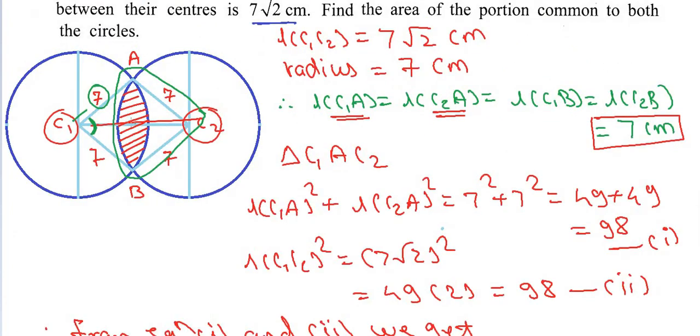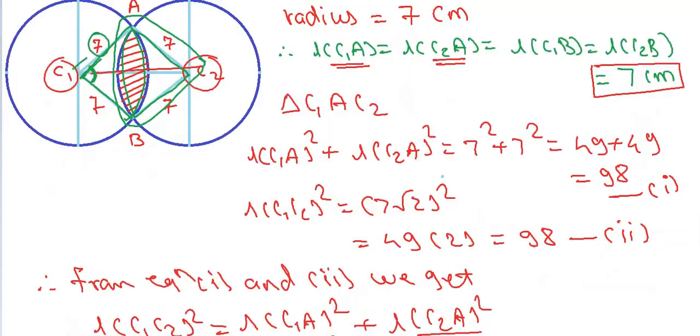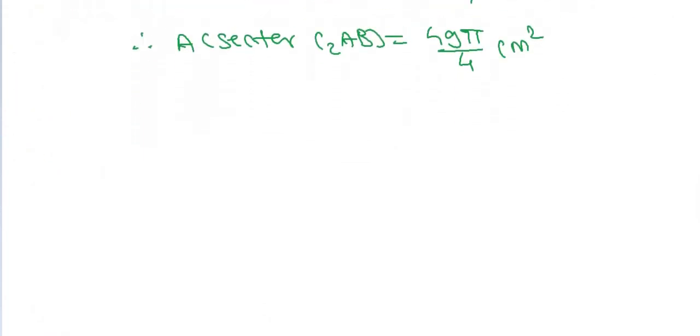Now see the required area, the shaded one. The required area equals the sum of the areas of two sectors minus the area of the square. Have a look at this properly. So this is the first sector. Alright, let us add to it the second sector, and let us subtract from it the area of the square, then we get the required area. Okay, so let us write down now.